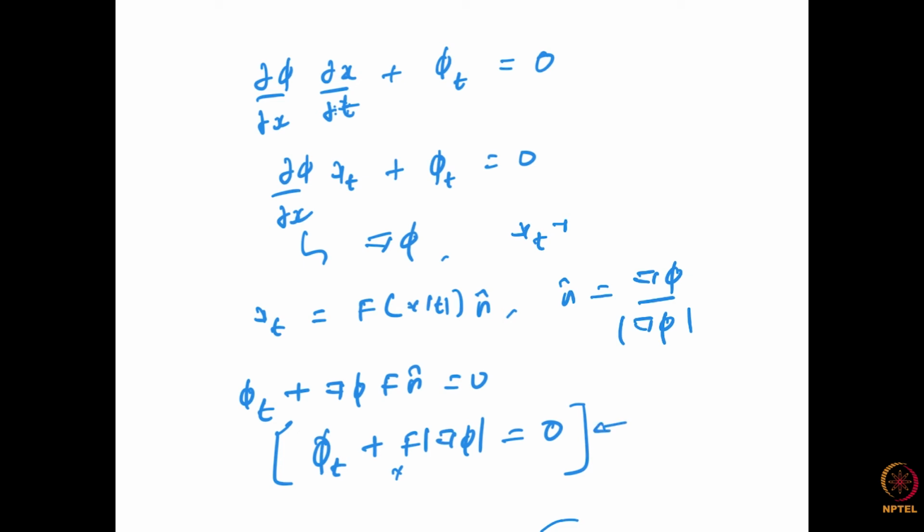There are other quantities also involved. So we can define curvature. Curvature, called kappa, is given by the following expression: phi xx minus 2 phi xy. Again, these represent partial derivatives with respect to x and y, the typical notation, plus